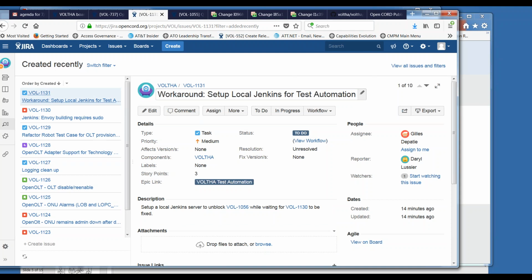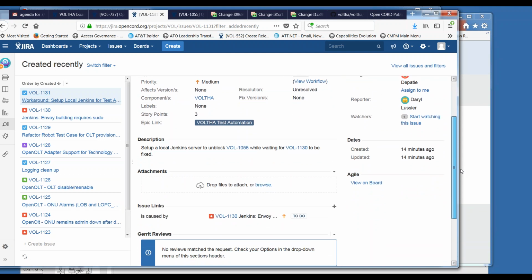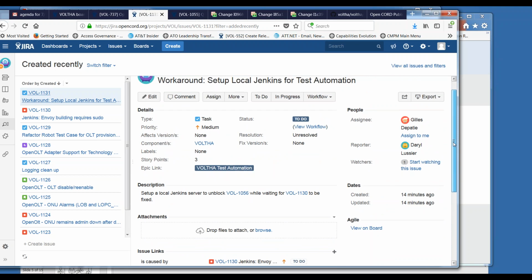1131 is the next item, and this is a workaround. This is the workaround related to the other issue; we're waiting for the other issue to be resolved. I would expect the workaround would be local check-in servers to unblock while waiting for the fix.